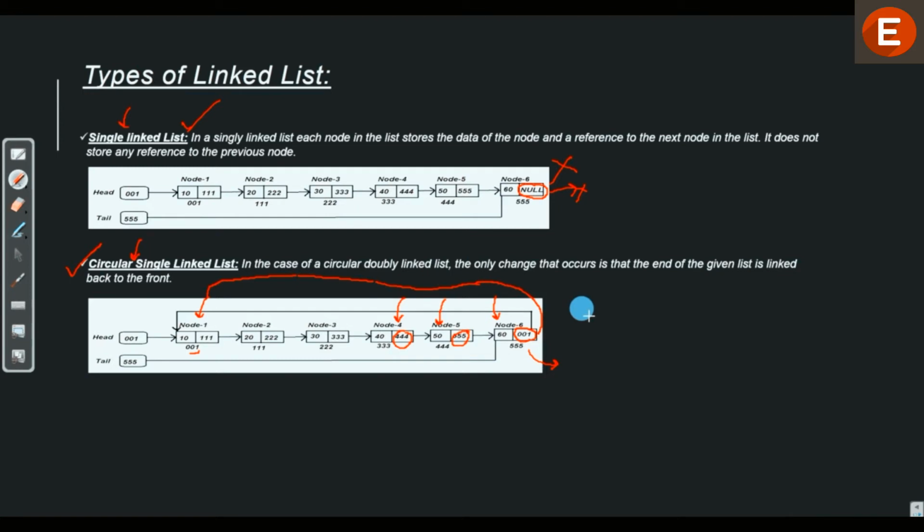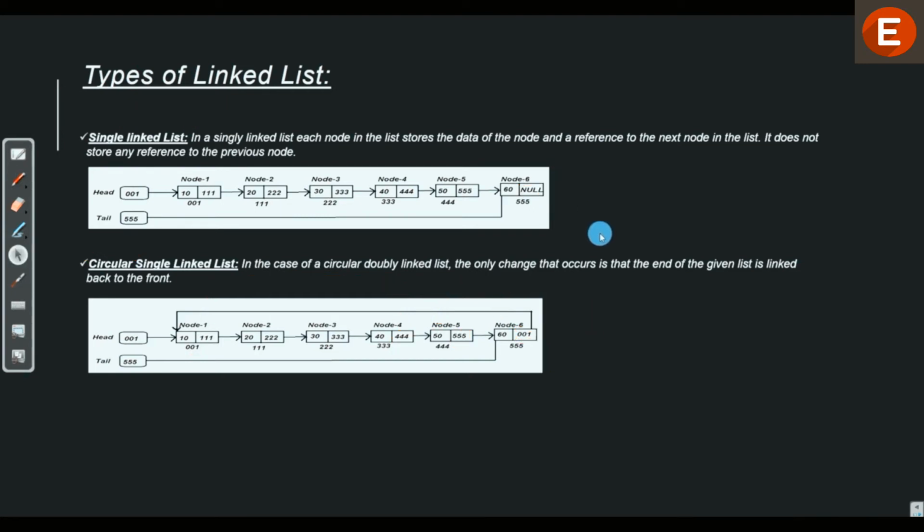The name circular comes from the fact that the last node always points to the first node, so basically it creates a circle. Now you might be wondering why we need to do this, that is, why we want to link the last node with the first node. Well, that is a good question, and we will try to find the answer in the next video. So please keep that question on hold for now.